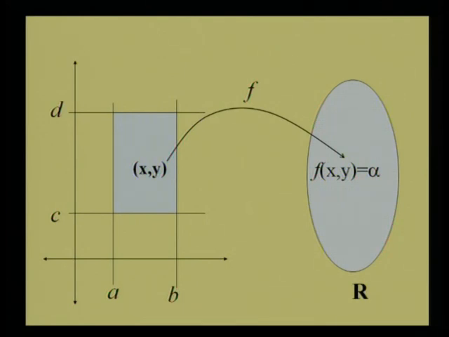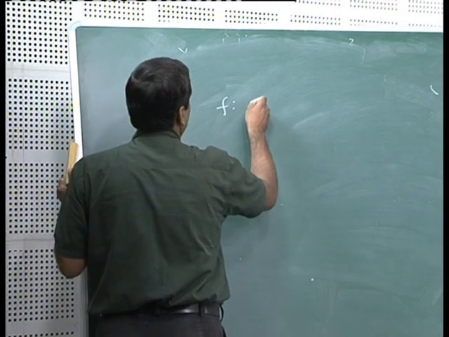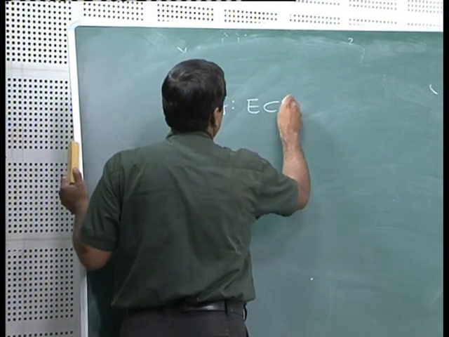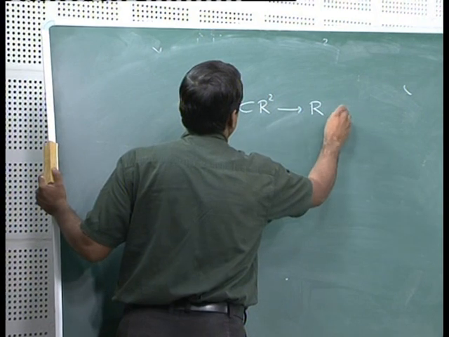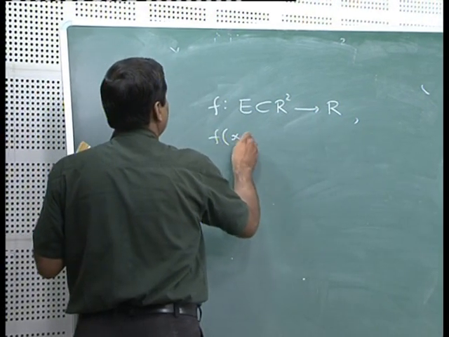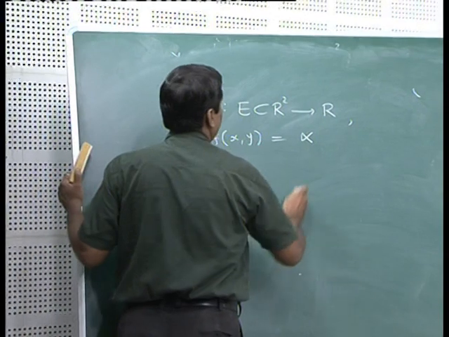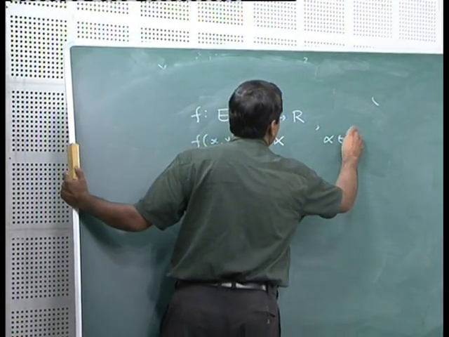As you can see on the screen that the rectangle is drawn, and we take any point (x, y) from that rectangular region and apply the function f, you will get some real number. So, remember the value is real, but the argument of the function is a pair of real numbers. So, it is an ordered pair. So, always you can think like this: a function f defined on E subset of R2, f(x, y) is equal to some alpha, where alpha is some real number.